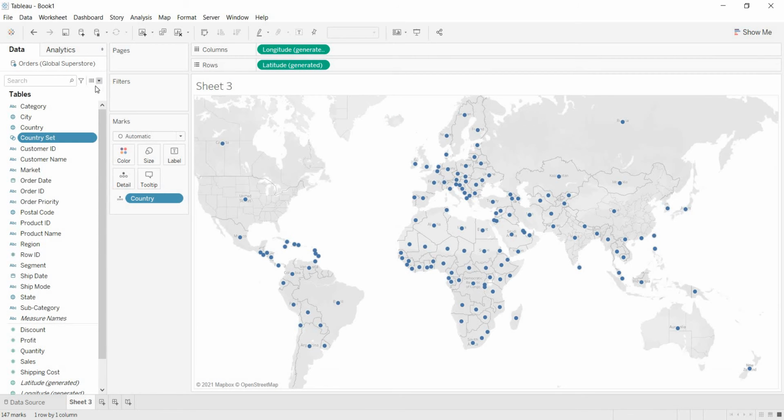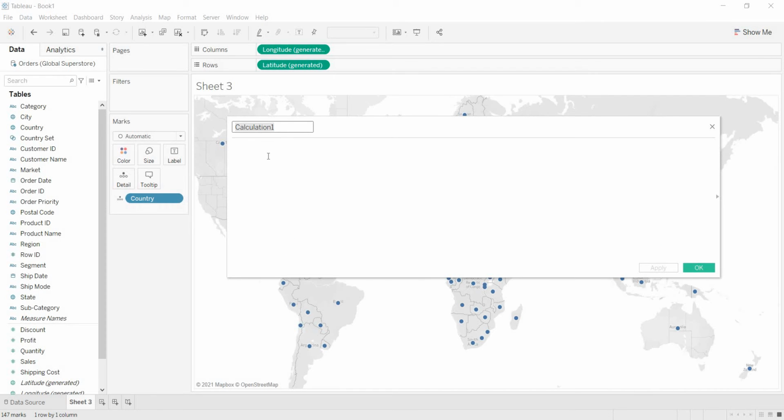Now here I am writing a simple calculation. So what is the calculation I am writing here is: if country set, then show me the country, else show them as others.